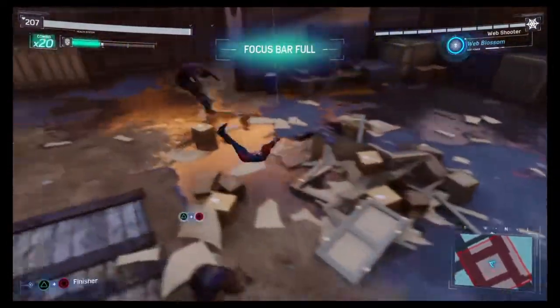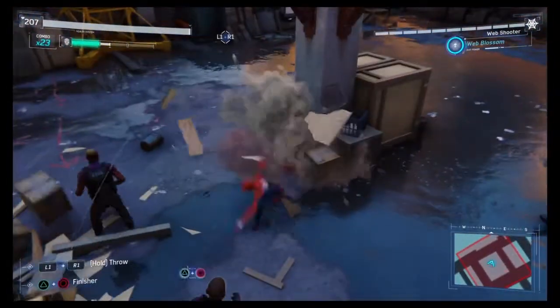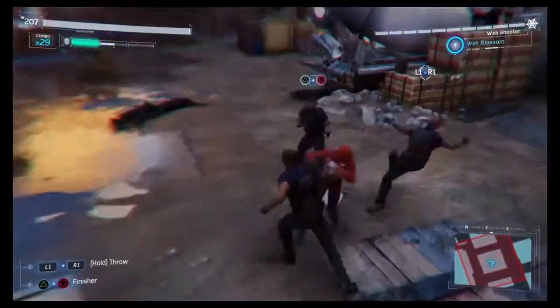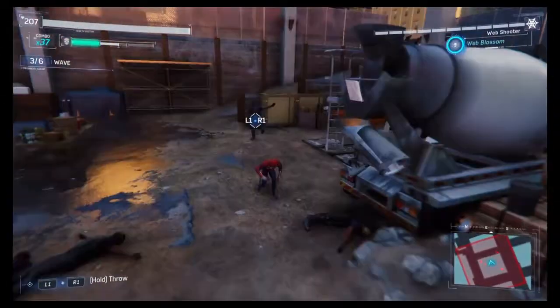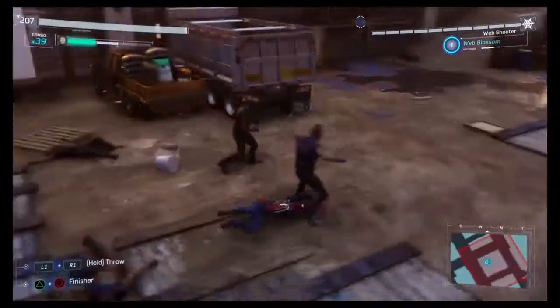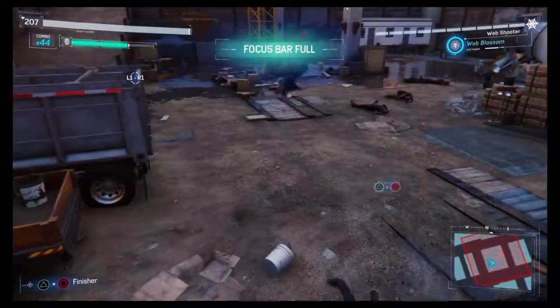The web shooters are your first and probably most useful. You rapid fire web balls at enemies to keep them in place for a few seconds. While they are webbed, you can start hitting them or throw them either at another enemy or at a wall. If they hit a wall, then they stick to the wall and they are incapacitated. The web shooters have limited shots but recharge over time, and you can upgrade them to have more shots and